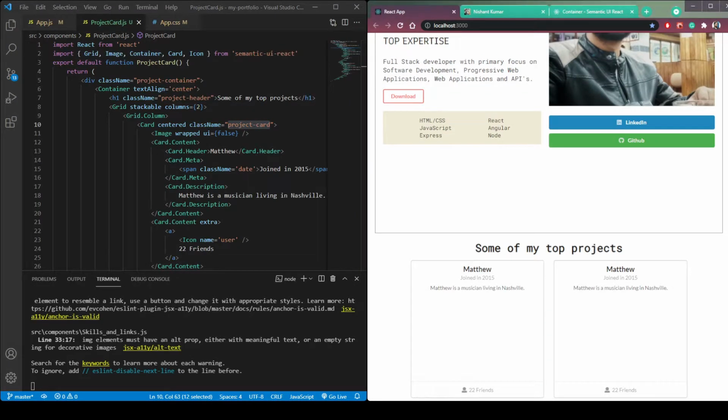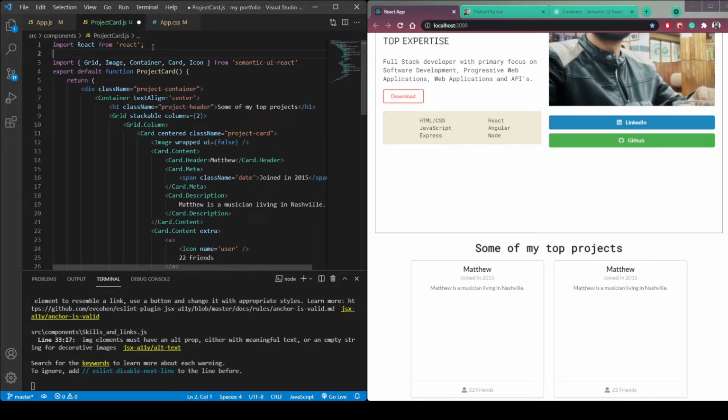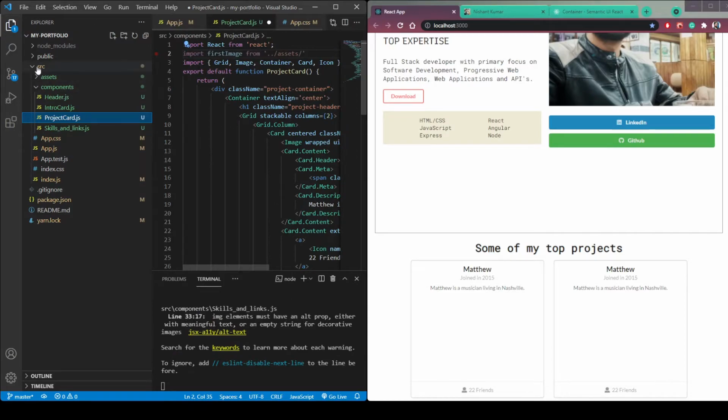Let's add the images now, project images. So import, let's say first image from assets. Then let's check assets.